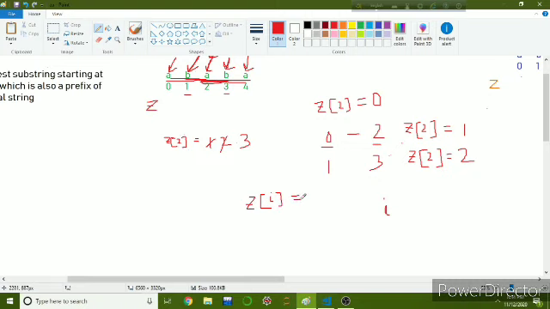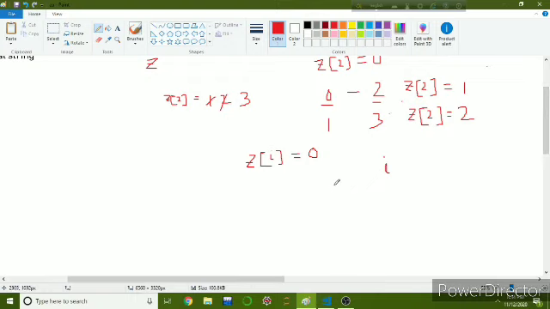So we will assume that we don't have any substring starting at index I which is also a prefix. Then we will start matching character by character. So we will match the ith character with the 0th character, then we will match the I plus 1th character with the first character. If it is a match, then we will go to the I plus 2th character